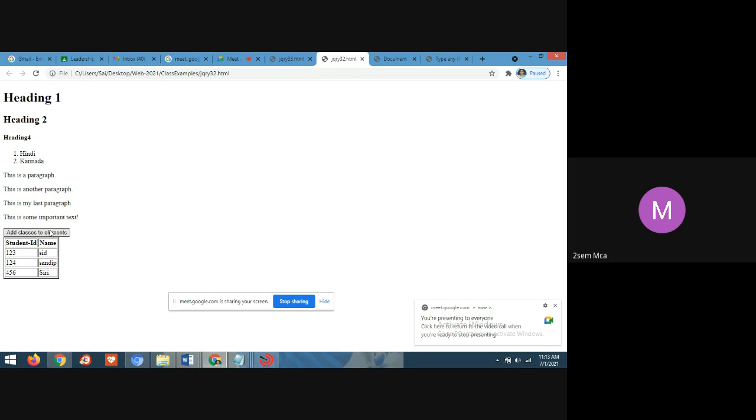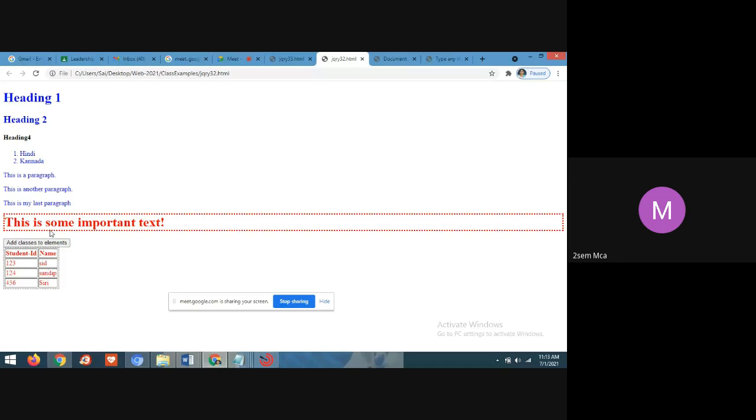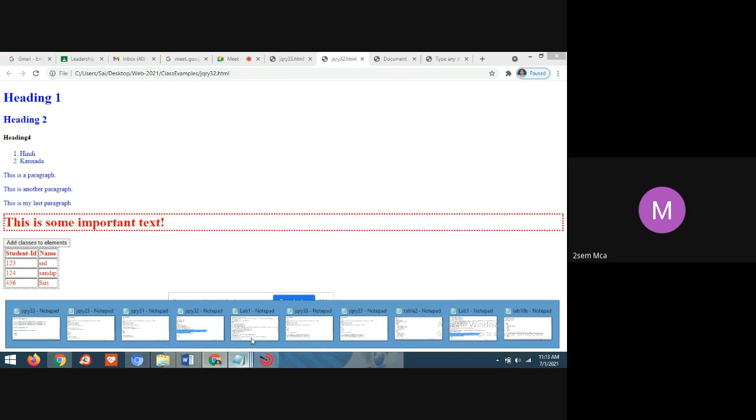So now I will click on the button. What is happening, students? Whatever properties I have declared for the table tag, is it applied? Yes, students? Respond.